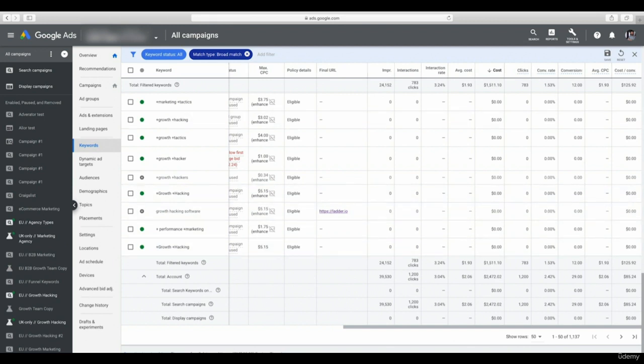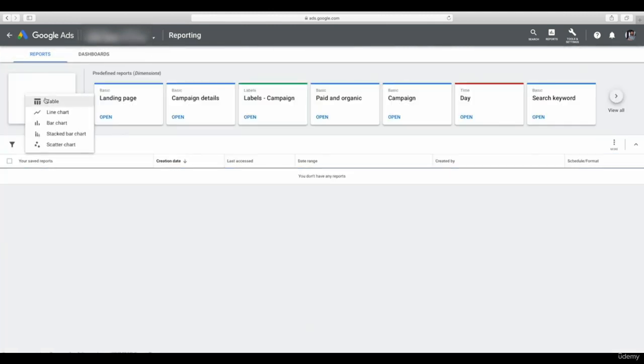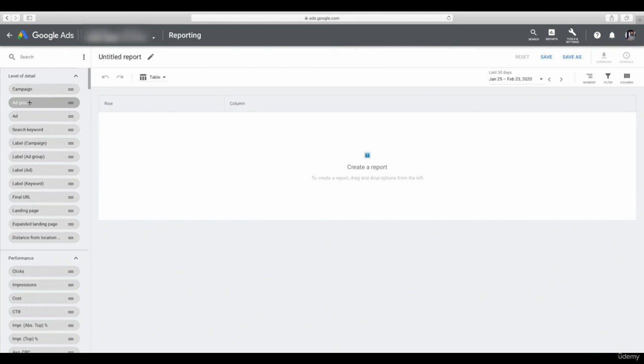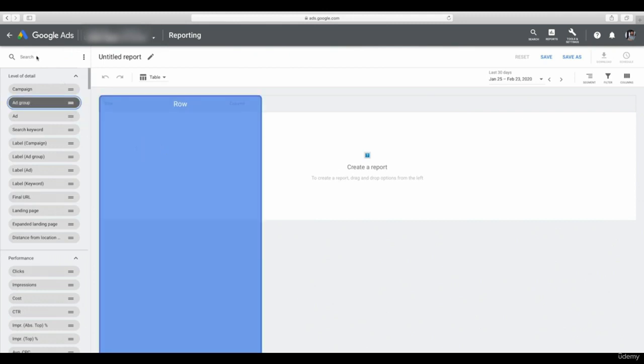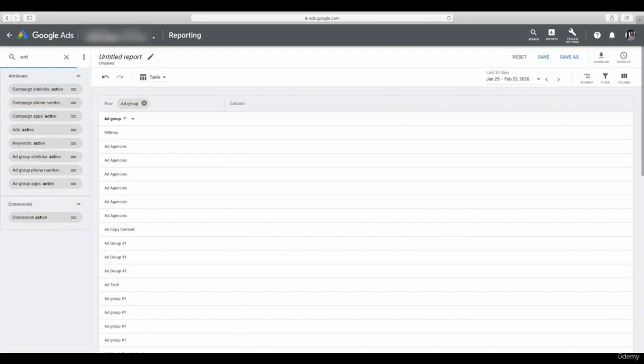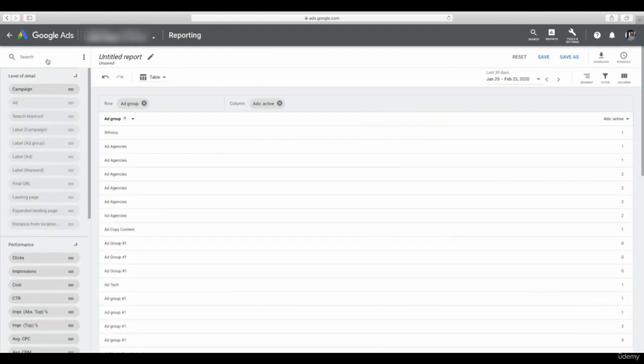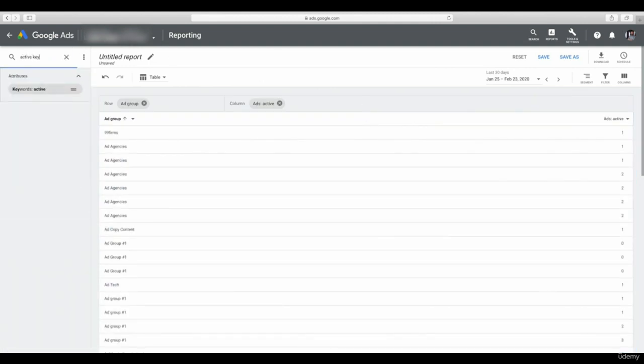The final thing we want to look at is the active keywords in ads per ad group. For that, we need to go into reports. It's at the top and then click reports. We're going to build a custom report table. So if we drag across ad group into the row, then if we click into the search and find active ads, drag that across as a value, then search for active keywords, drag that across,